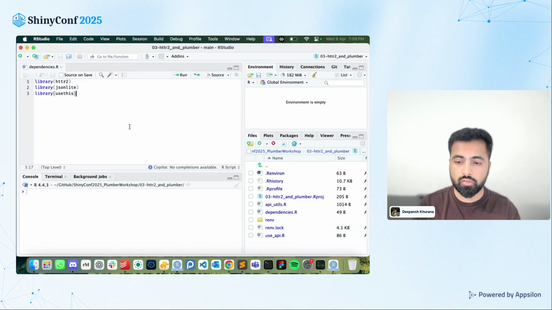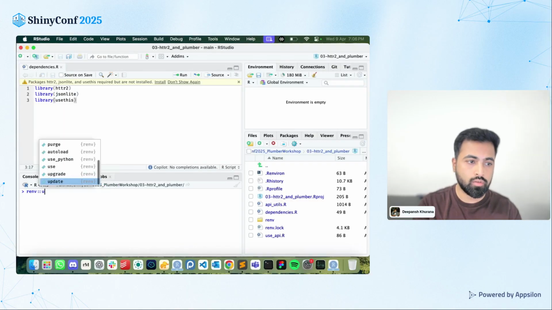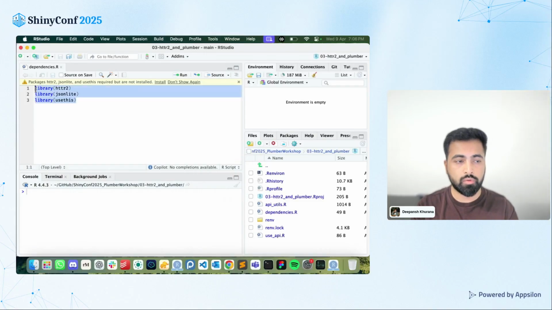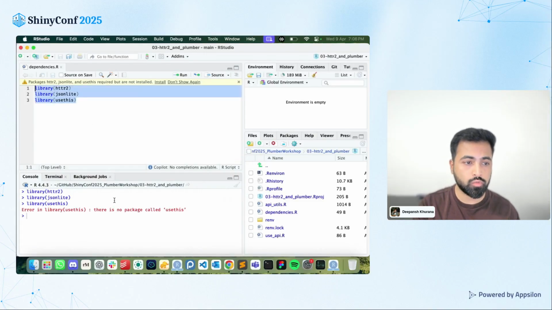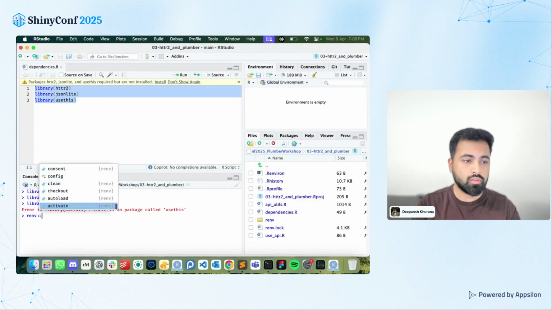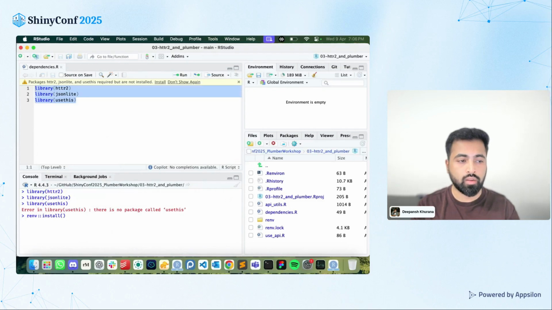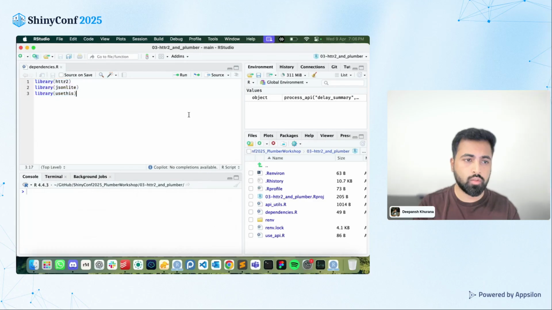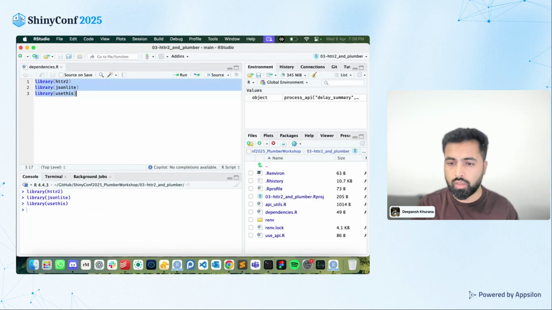So for this section, we can do a renv restore or a renv install again. Mostly, I think the restore should be fine. And now we have these three libraries, HTTR, JSONLite, and usethis. For some reason, I think usethis is not in my renv.lock file. So again, that's an error on me. I think I added it in the end, probably. Yeah. So now that we have these three packages and we are able to load them, we can move on